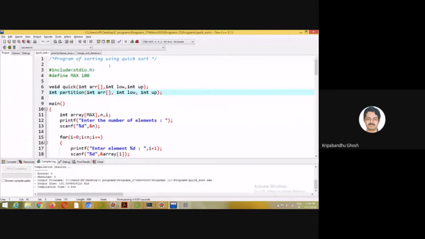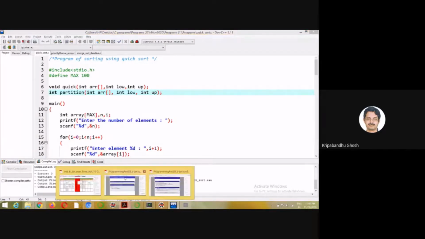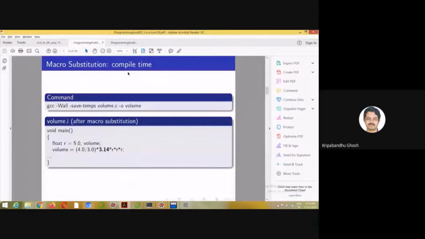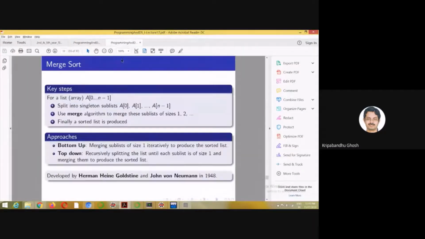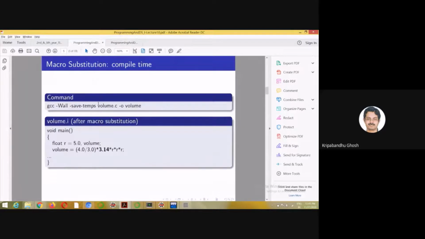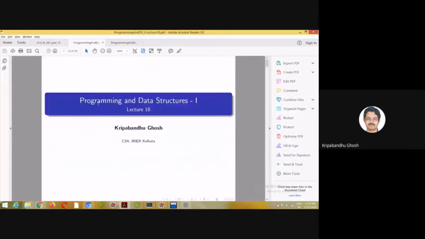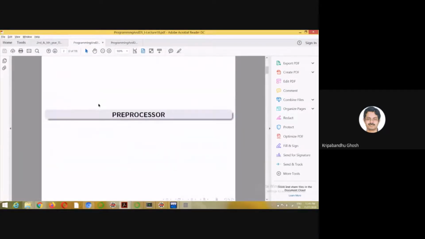So I have the code, but I'm not running it. I'm sure you got the idea. The purpose was to give you some idea of the better sorting algorithms. But of course, these are quite old algorithms, and a lot of improvements have been done over time. And since we have some time left, let's quickly go through